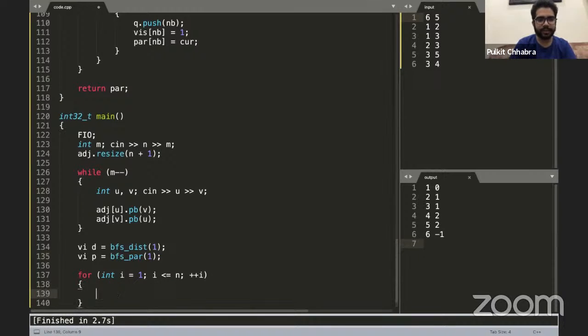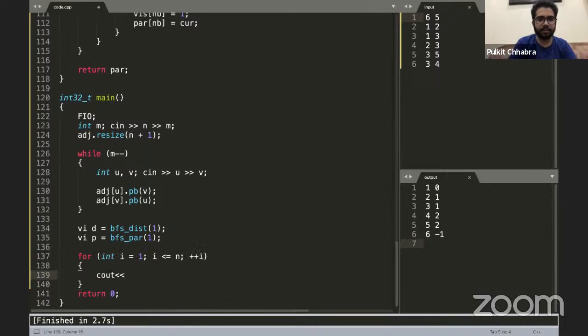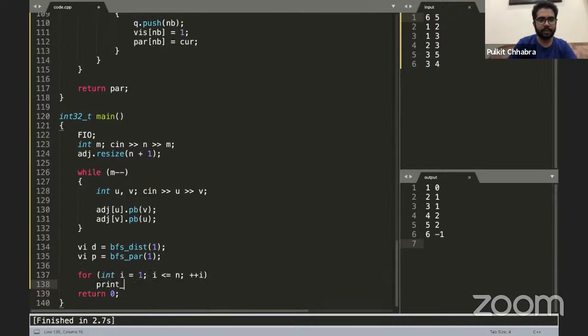So let's say, for every node, what I want to do is print path I, and with the node I'll just pass the distance and parent array, right? So I need the distance array and parent array as well for printing the path. Why do I need the distance array and not just the parent array? Because the distance array will tell me whether it is possible to visit the current node from the source node or not.